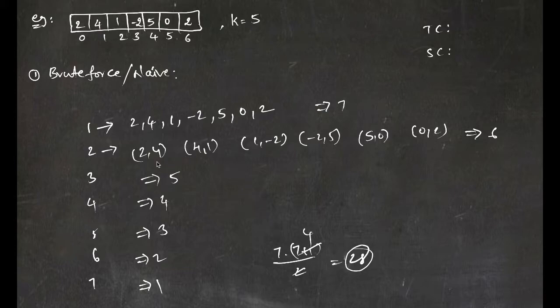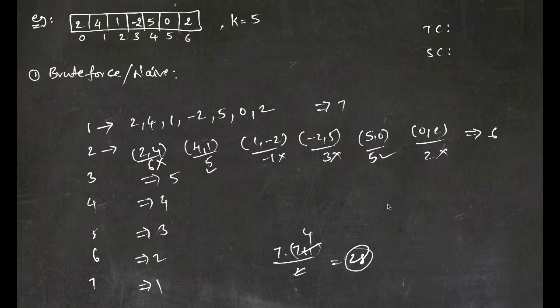Now what we do after finding all the subarrays is check their sum. Like 2 plus 4 is 6. So this is not equal to 5. Don't consider this. 4 plus 1 is 5. So this is a valid candidate since it is equal to 5. So increment our counter by 1. This is minus 1. No. This is 3. No. This is 5. Consider this. This is 2. Don't consider this. So we got two subarrays of length 2 which have the sum of 5.